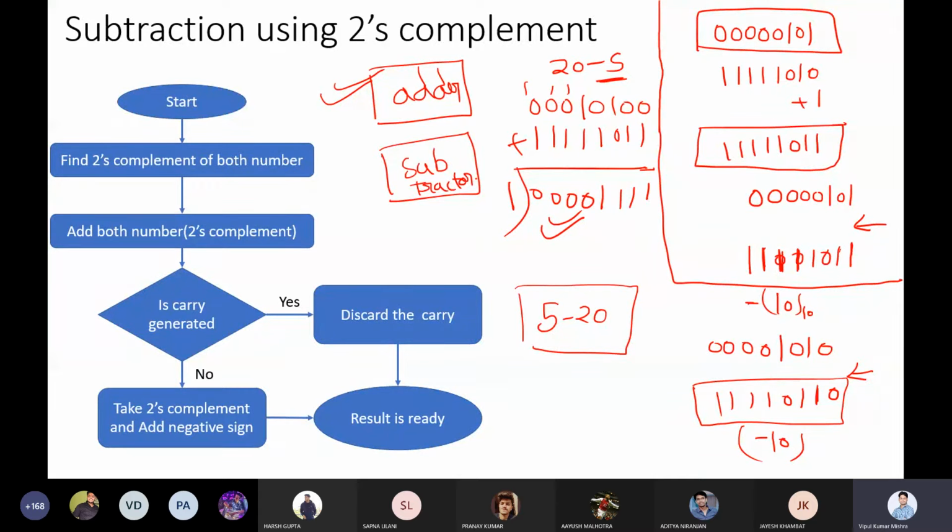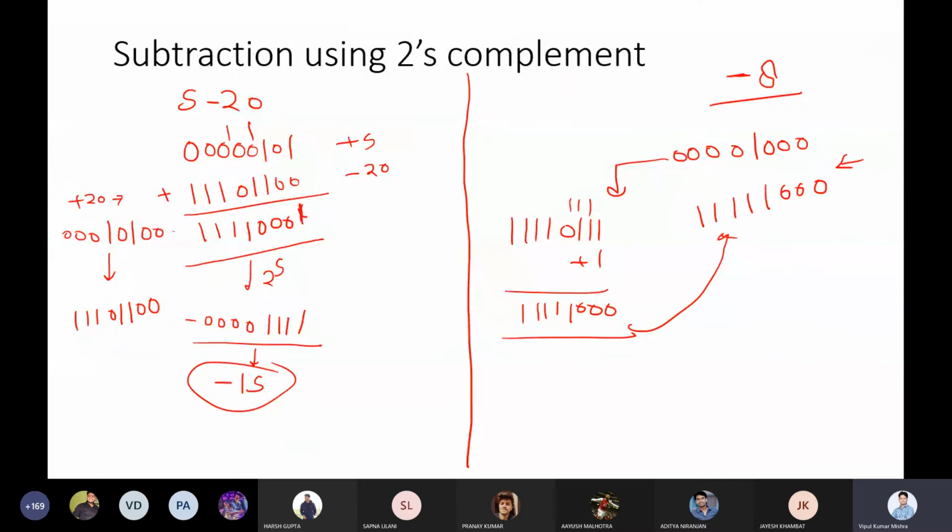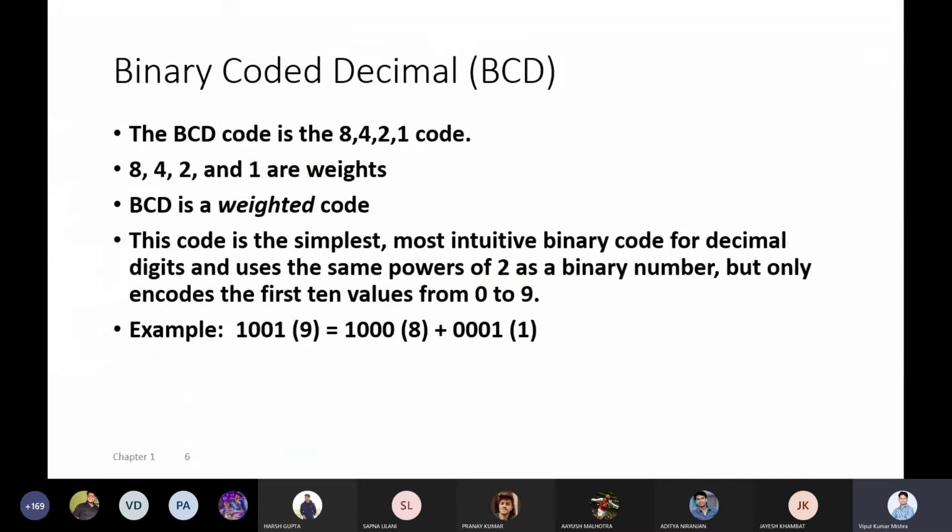Addition remains the same for all, whether you use sign magnitude, 1's complement or 2's complement, because there is no negative number involved. But subtraction is different for all three. And if you say 1's complement, 2's complement, you do not need a subtractor. You have an adder, and that is good enough to make the entire circuit of addition and subtraction both. Getting? So that's the beauty behind this subtraction.